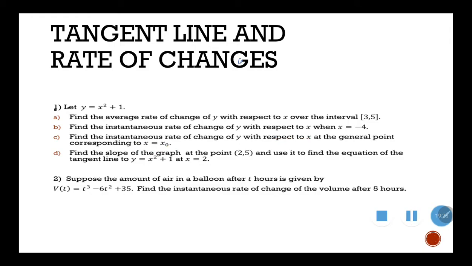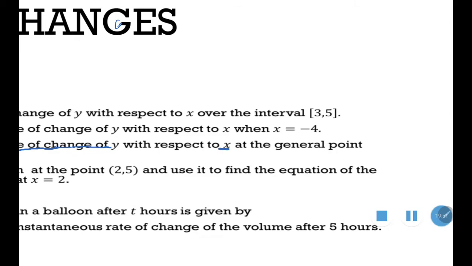Okay, class, so now let's try to find question 1c. So for this kind of question,